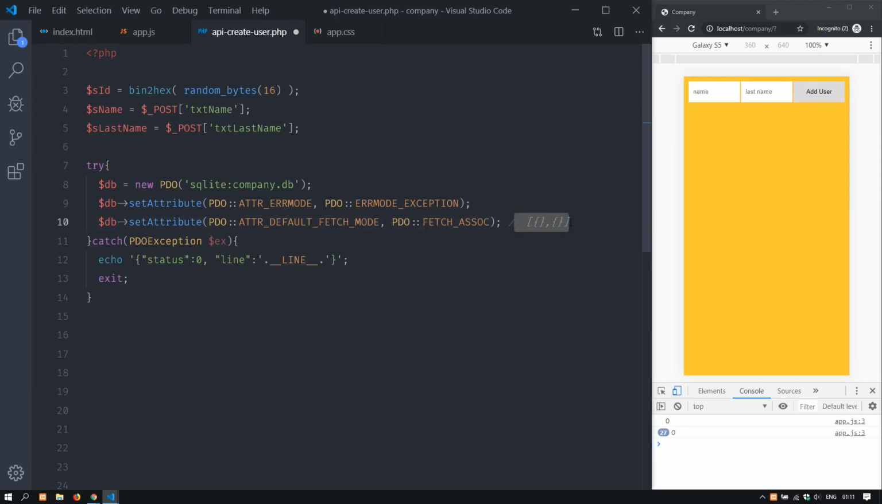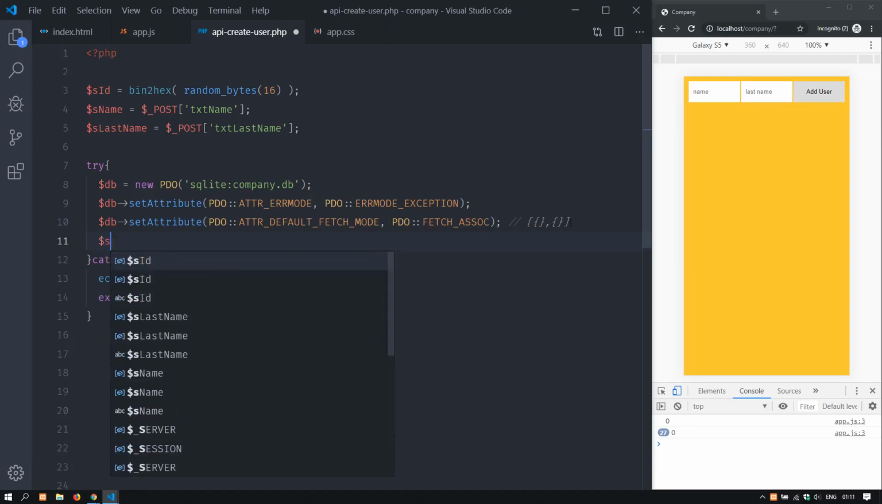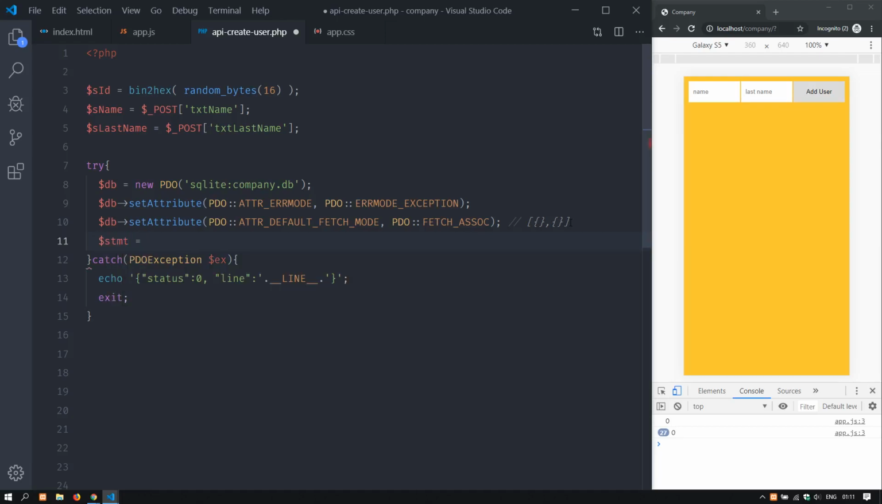Once we have that, we can actually create a statement, and this statement is going to say that the database